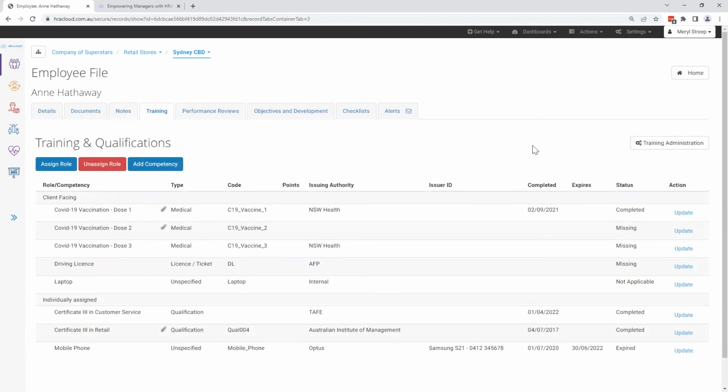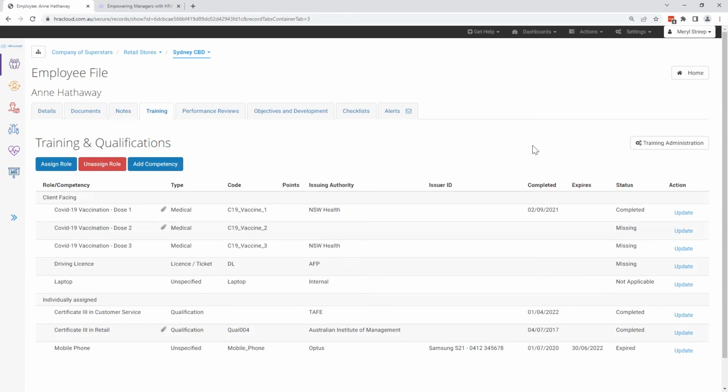In creating your competency library, we do encourage you to think as widely as you can in regards to what you might want to track on your employees' records. If you don't have access to that administration side, you may need to ask your account admin to add the competency that you require to your library, or request the appropriate user access role so you can do it yourself.